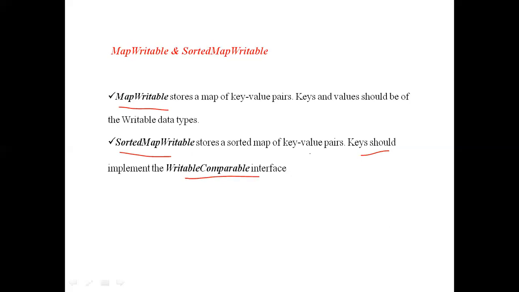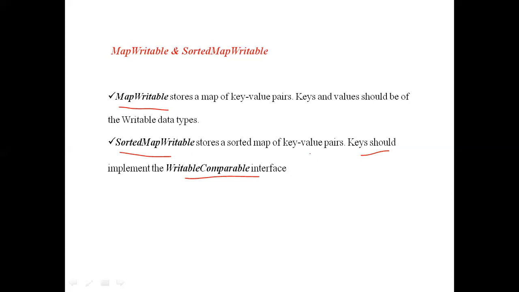The value can implement the writable interface or the writable comparable interface, no problem at all, but the key must compulsorily implement writable comparable.